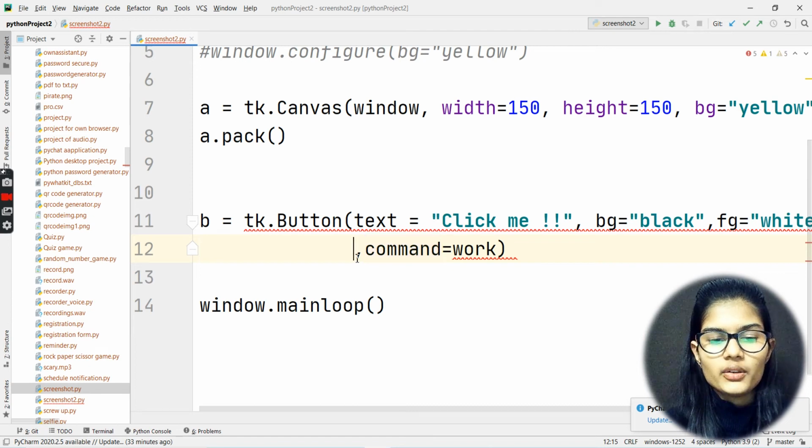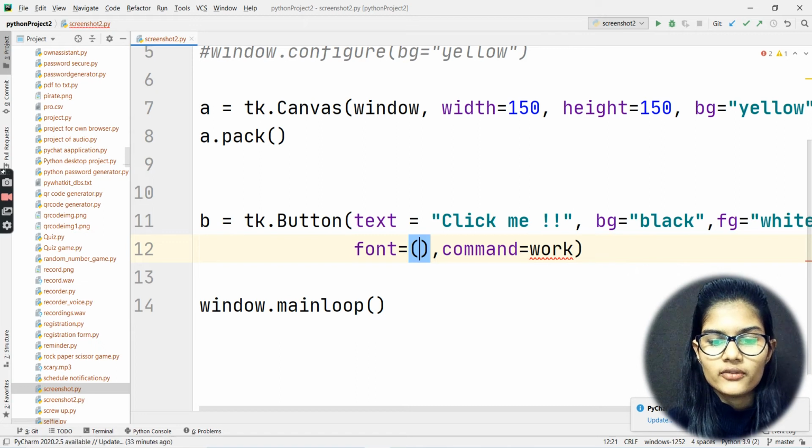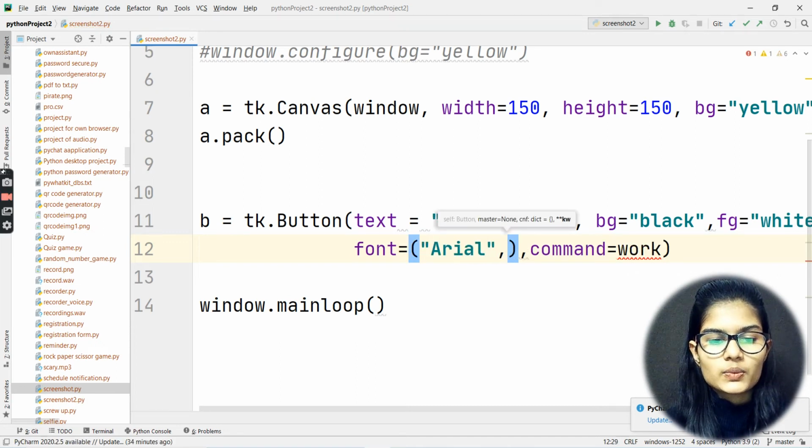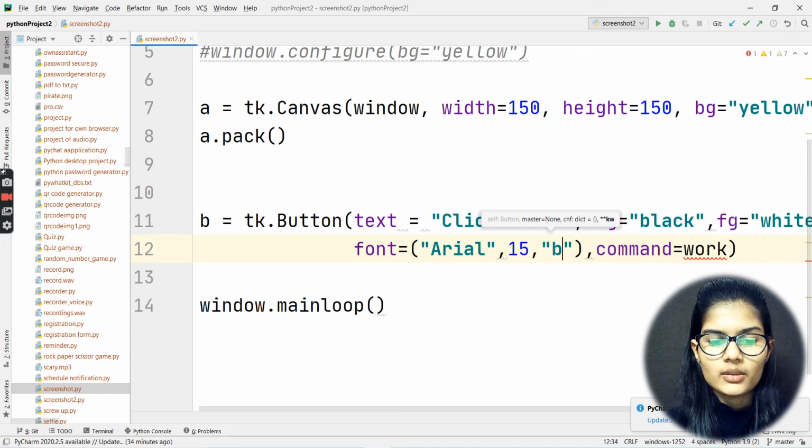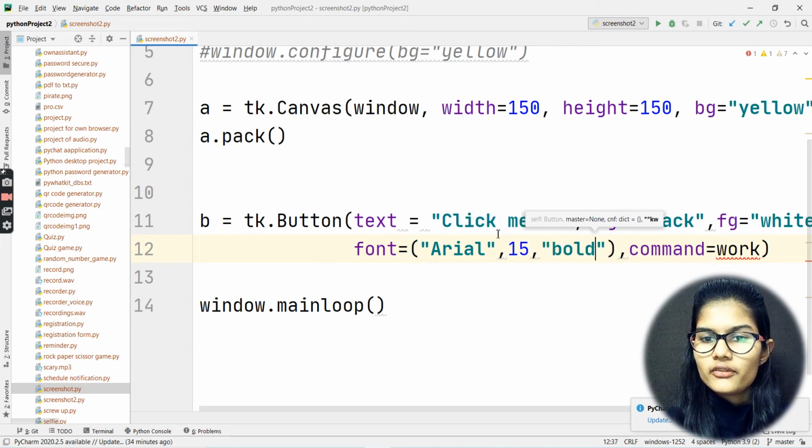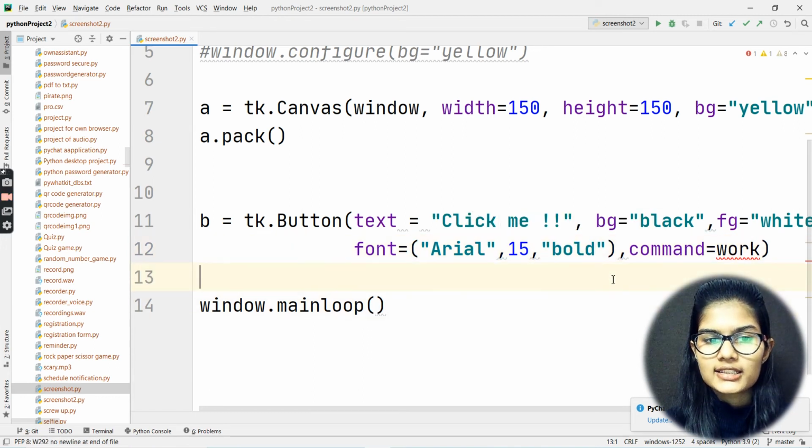Before that, now here I'll be putting the font. So font is equal to, what's my font? I want my font to be Arial. The size would be, I just did that small, and my size would be, let's say, 15. And I want that to be in bold. Fine, so the fonts have been decided by me right here. After this, I could simply use